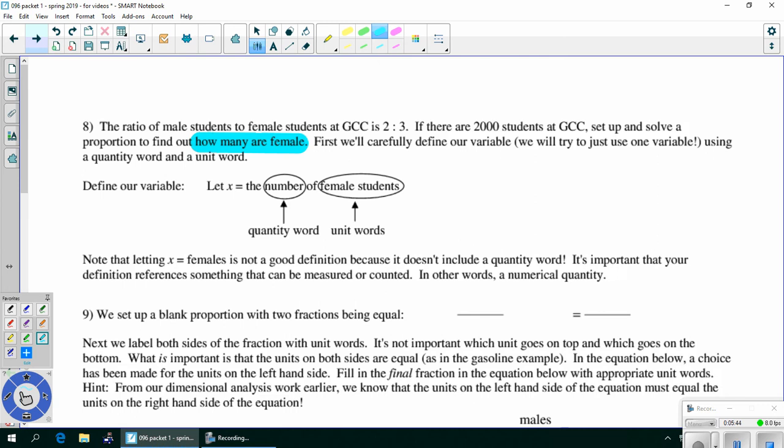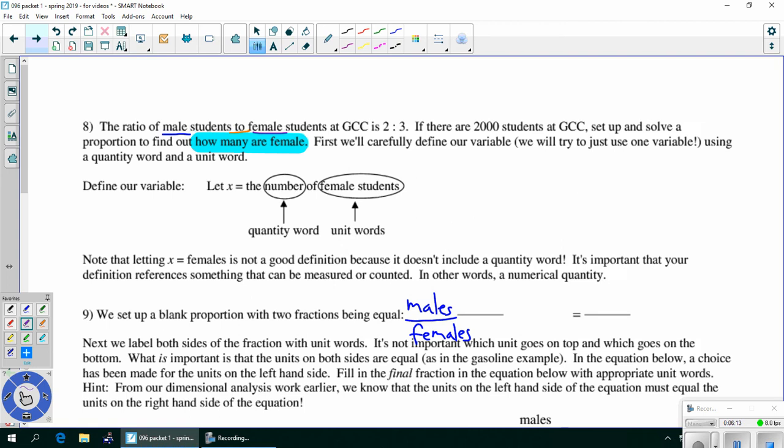Okay, so let's go ahead. I'm not going to read all the text here, but I'll just explain in my own words. Let's start filling in some stuff here. I'm going to put the word males here and females here. And I'm going to put them in that order, just because that's the order here. It says male students, and then the keyword here, to, female students. So I'll be true to that order, which would mean male students in the numerator and female students in the